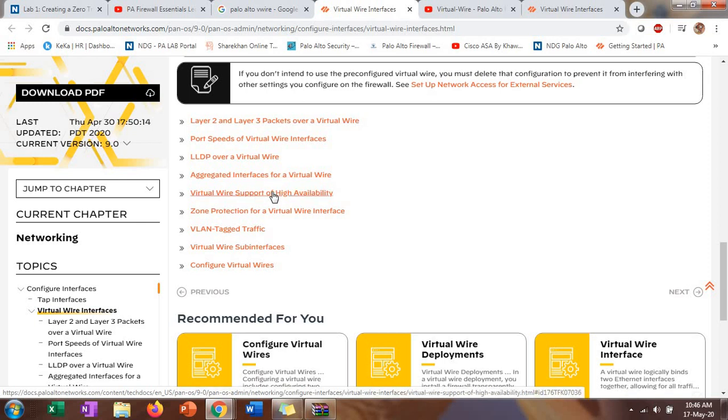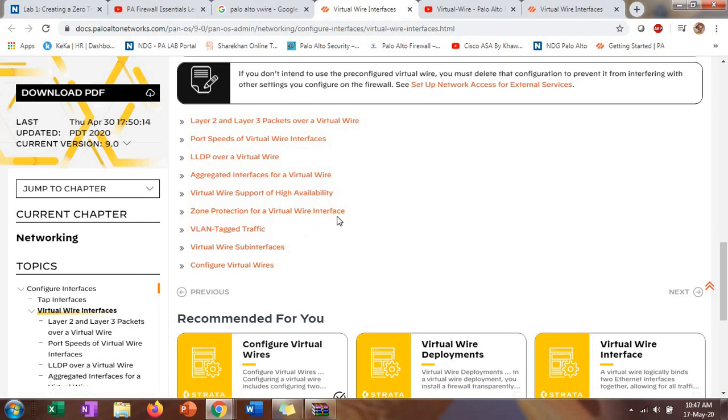Virtual wire support for high availability, because these two points are really only 0.1% of what happens in real life. But we'll talk about this, though I'm not sure how much I can simplify those terms unless you have tried them in a lab or in real life. I would encourage you to do it if you can, because it takes some hands-on practical work to thoroughly understand these.